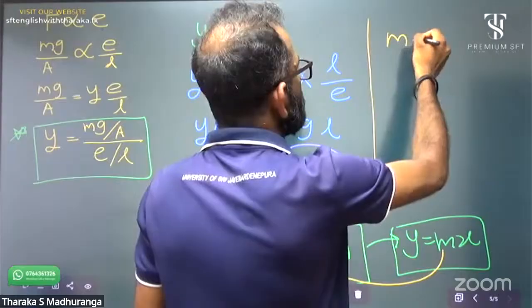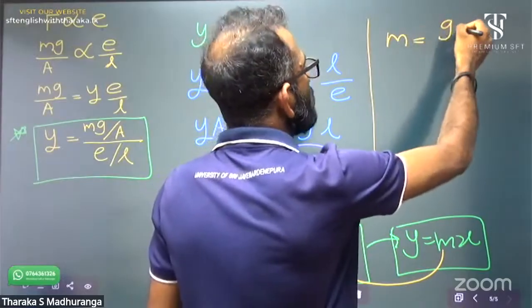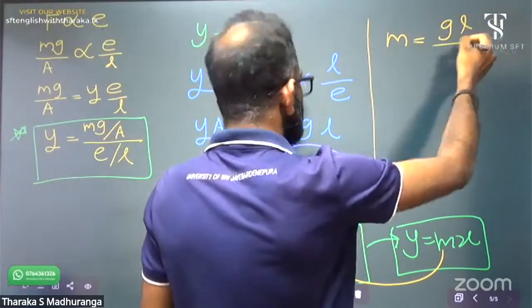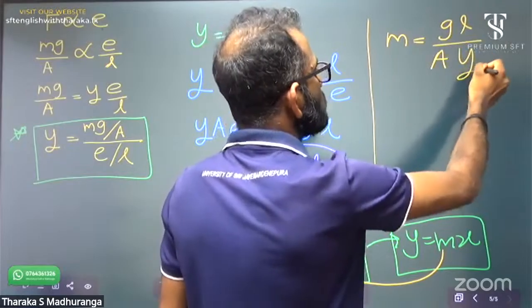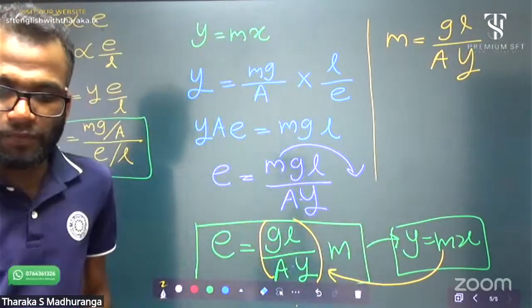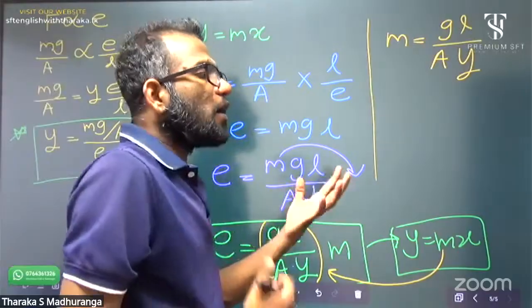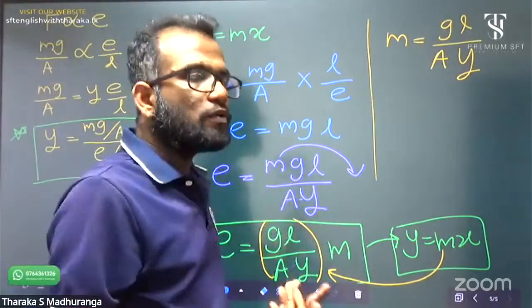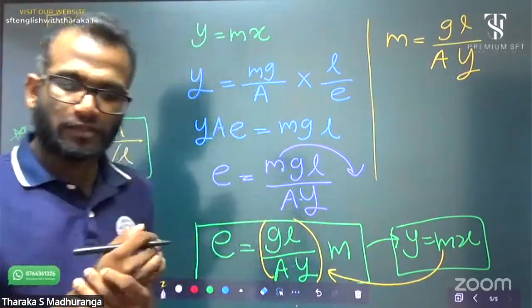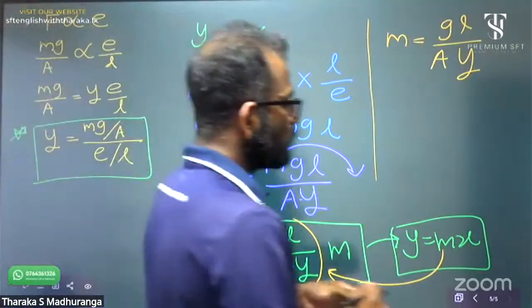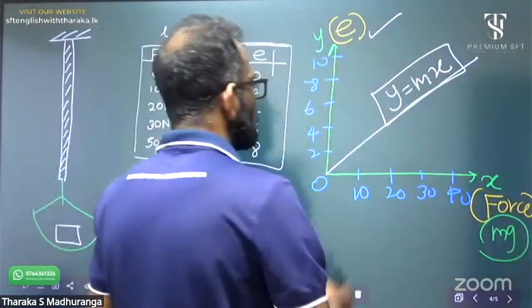M equals GL over AY, where Y is Young's modulus, right? If you want to find the Young's modulus of any unknown substance, this is the method. This is the method. Now you can get the gradient of this